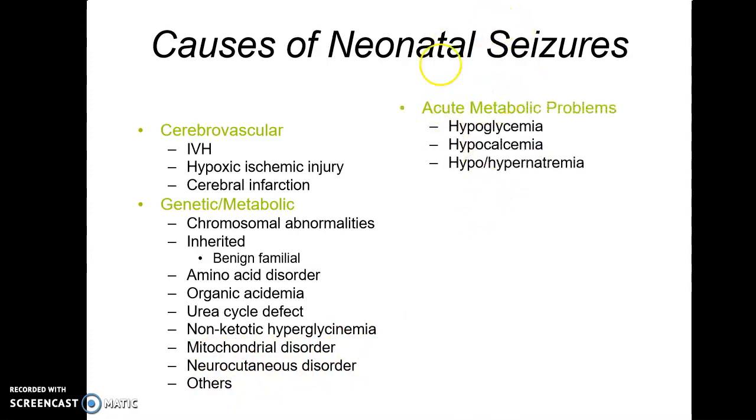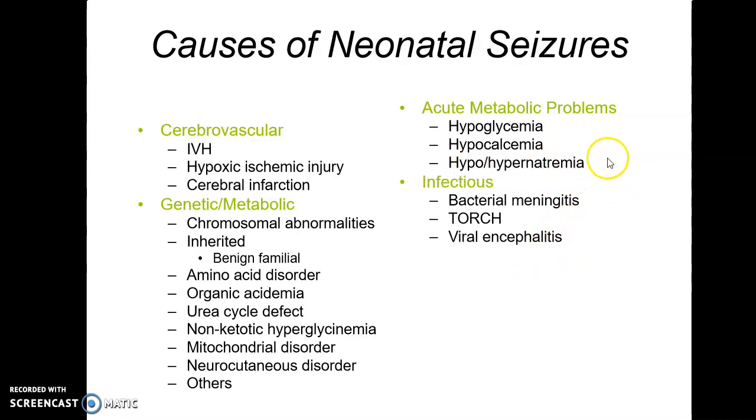In acute metabolic problems, this can happen due to sudden fluctuations in the metabolic levels, that is, what we call electrolyte levels, which can lead to acute metabolic related neonatal seizures. So neonatal seizures due to acute metabolic problems are due to reduced sugar, reduced calcium, reduced or increased potassium. Infections such as bacterial meningitis, TORCH related